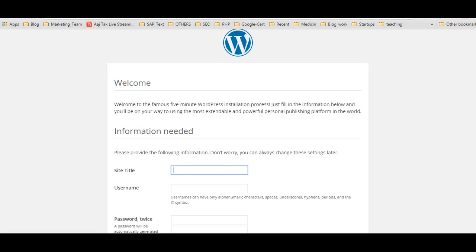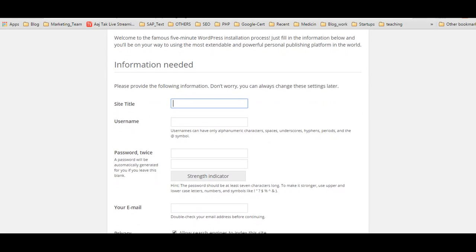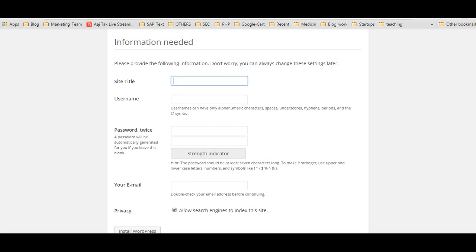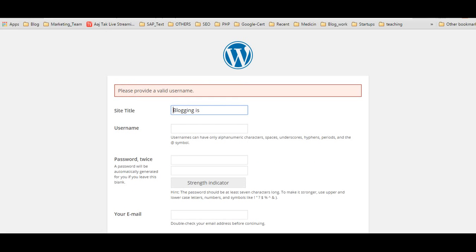Now this is something which is required. This is the site title. What do you want to give as a site title? That is very important. Normally what I give is Blogging is fun. Username is normally the username by which you want to log in.